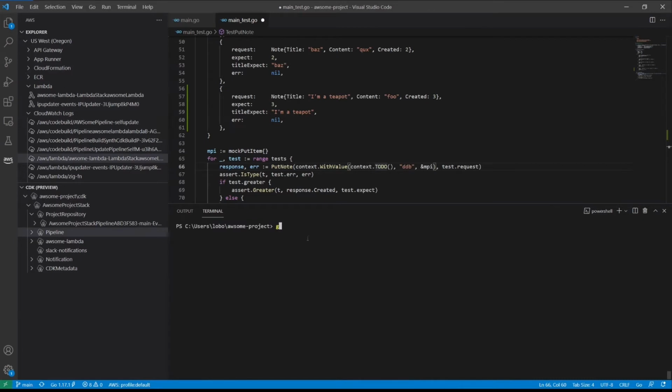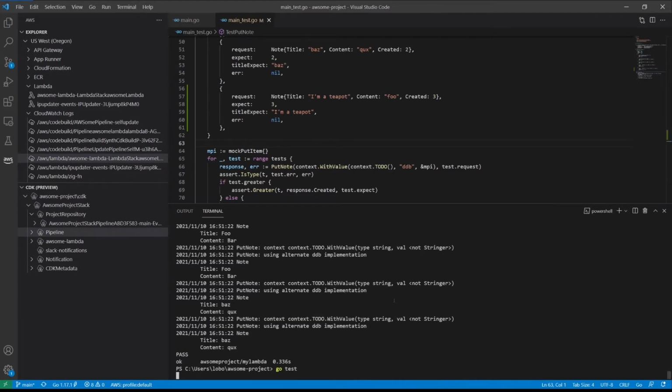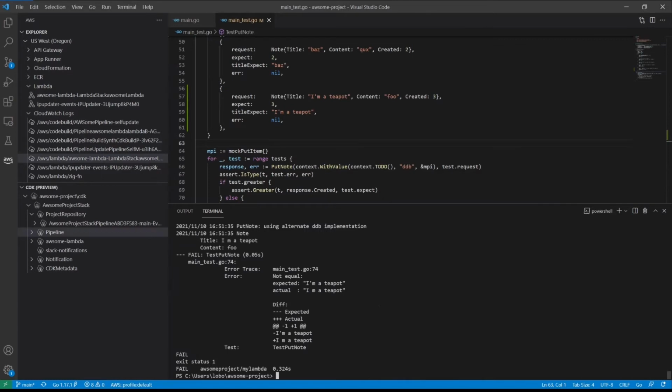Make sure that nothing is already broken before we've touched it. We'll do a go test, which is the standard way of running Go tests. Everything passes. So now with that new test written, we will save this test and we'll run go test again. And we have a failure. This is what we expect to have as we start out.